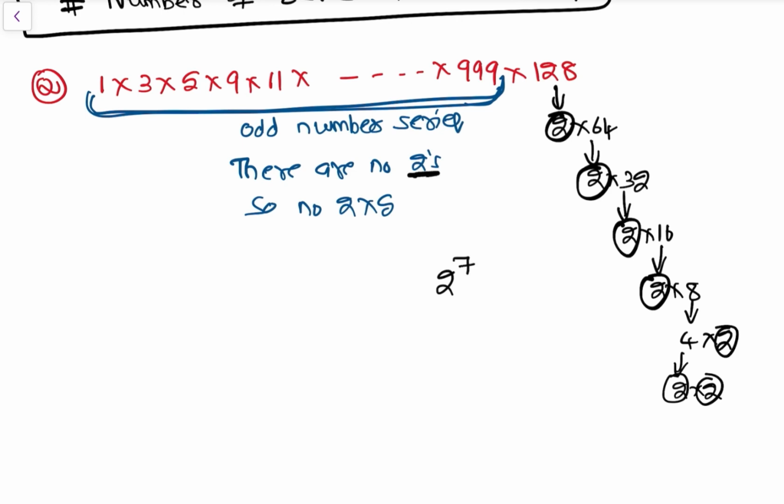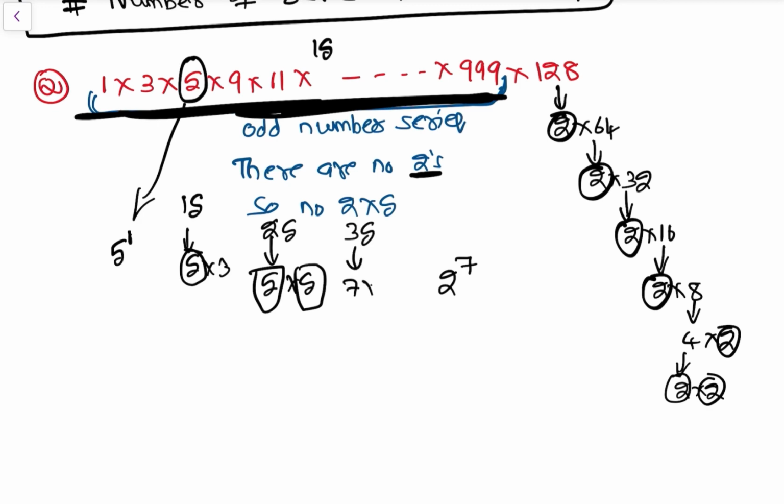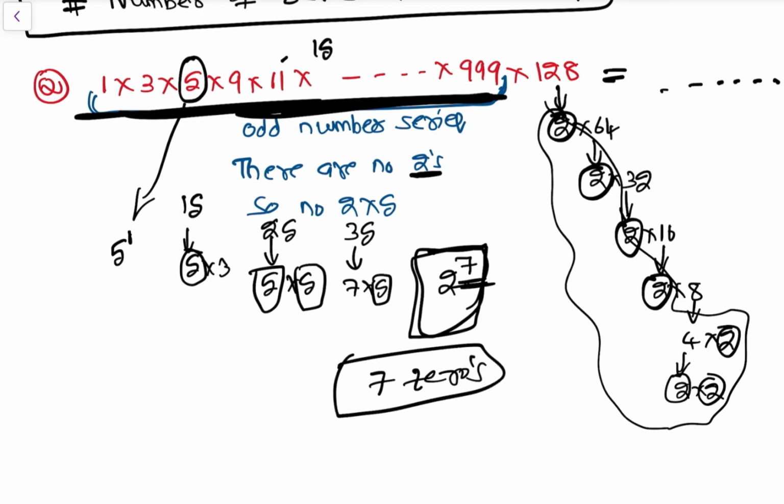7, and इस प्रोडक्ट में 2s कुछ नहीं है बट 5s तो है, सो इधर एक 5 है, देन 15 आएगा, that is 5 into 3, फिर एक 5 आएगा, देन 25 आएगा विच इज 5 into 5, सो 2 5s आएगा, देन 35 आएगा दैट इज 7 into 5, so फिर 5 आएगा, so there would be many 5s in the series, so 5s बहुत है, 2s 7 ही है, so 7 would be the answer, so 7 would be the number of zeros, अगर इस expression में last 7 digits would be zeros, ठीक है, so that is the answer, so 7 zeros towards the end of the product,